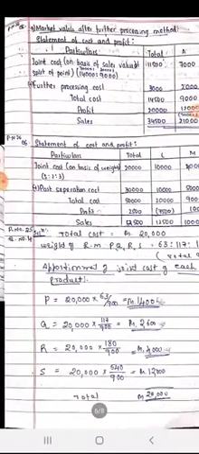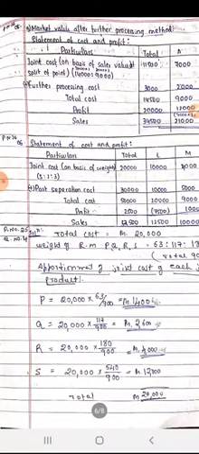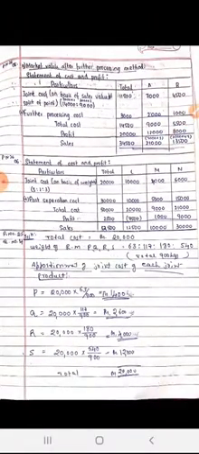Statement of cost and profit. Joint cost on the basis of weights is nothing but output: 2,500 is to 1,000 is to 1,500, means 5 is to 2 is to 3. Now you have to divide the total joint cost of 20,000: 20,000 into 5 by 10, 2 by 10, 3 by 10. Next, any other cost? Post separation cost is there as it is: 10,000, 5,000 and 15,000, total 30,000. Total cost we got. Profit we have to write.